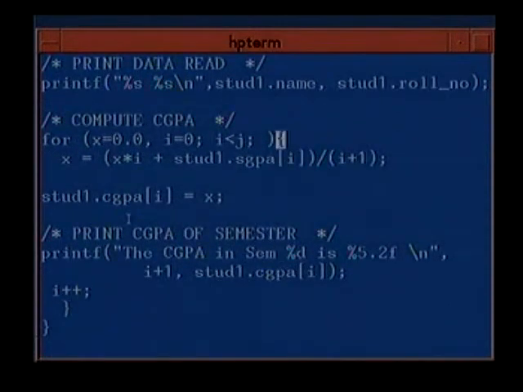And here inside the loop, the loop starts from here and ends here. What we do is a standard CGPA calculation semester-wise: x, which is the current CGPA, times the current number of semesters, plus the current SGPA of the ith semester, divided by i plus 1. Alright. This i and this i should not be confused, because this i, when it is the first semester,